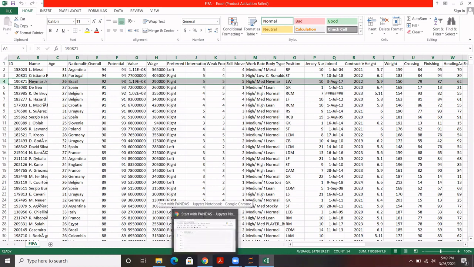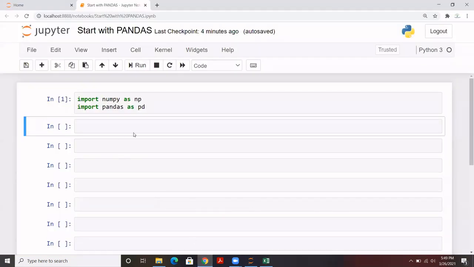So let me explain, while we work on series, how we create them and what are the different attributes that we have under series. Series is one dimensional, as I already conveyed. So before using series in Pandas, let me give you the use cases, the same thing that we used to do in core Python.